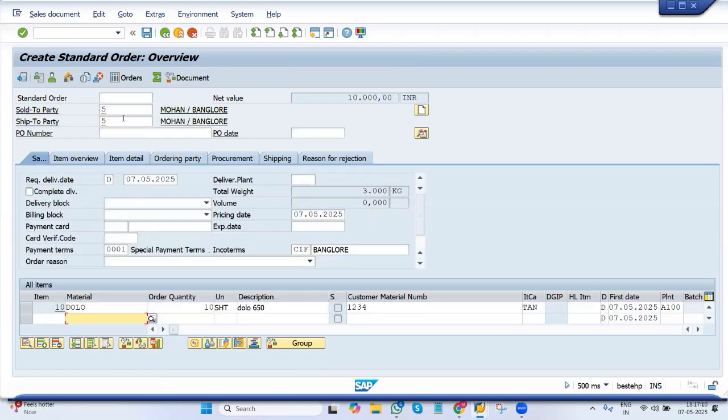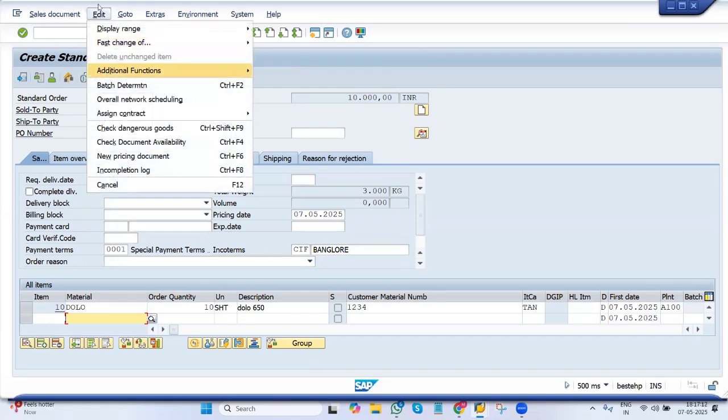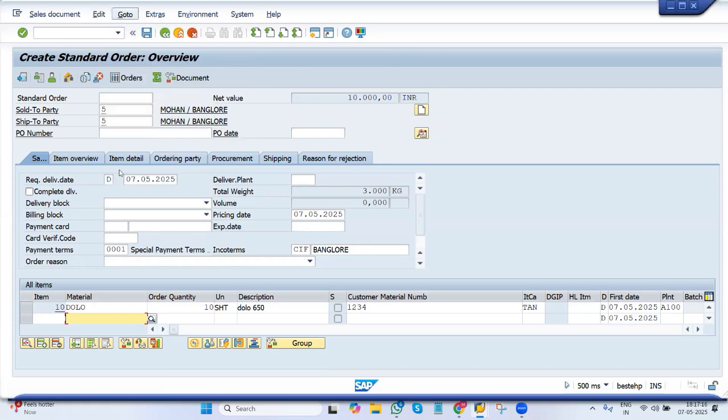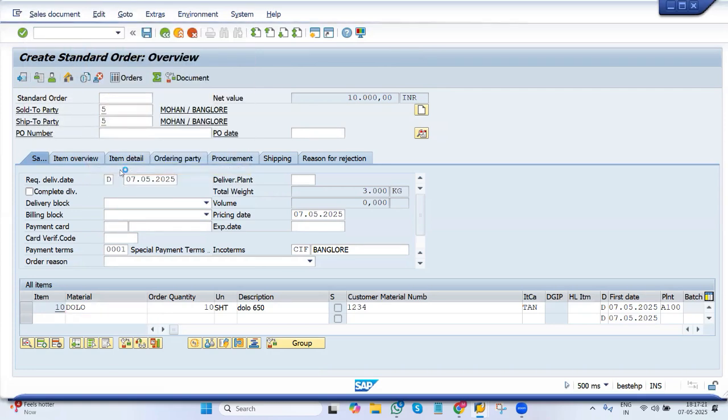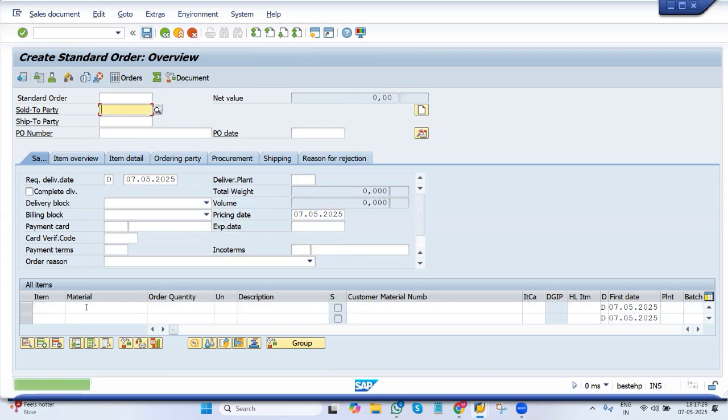Now, just go back. After viewing our delivery date, we need to check whether our order is complete or not. For that, you need to click on Edit and click on Incompletion Log. Then the system will tell you if you missed anything or not. You can see the document is complete. Then we can save it. Now the order has been saved. Now I'll copy this order number